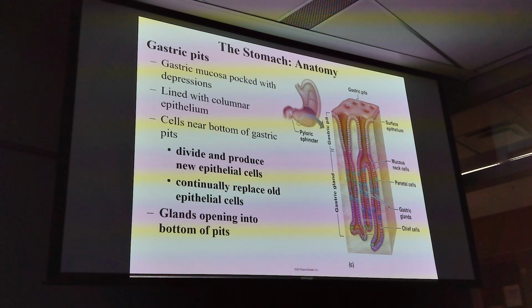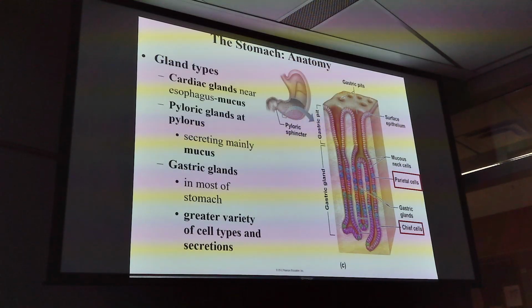Okay, so we are constantly replacing these cells. Okay, so they divide and reproduce constantly, replacing them from the bottom of the pit upward. Okay, we also have a lot of glands in here. We're going to come back to mucus. Mucus is a very important part of the stomach. Okay, lots of glands down here, gastric, those that are in the pylorus, lots of them throughout the stomach, lots